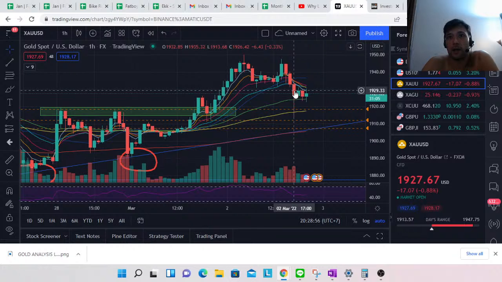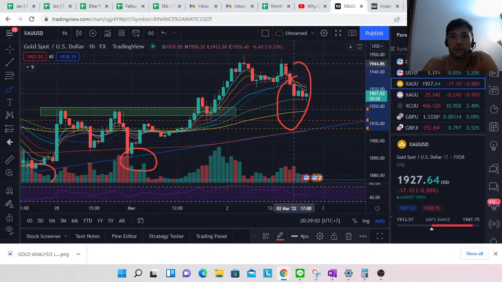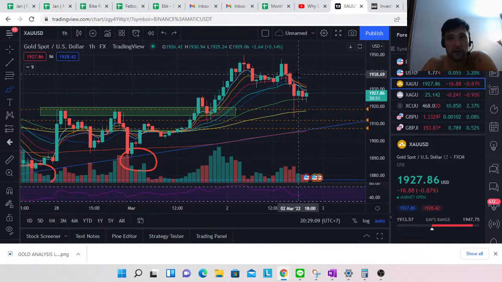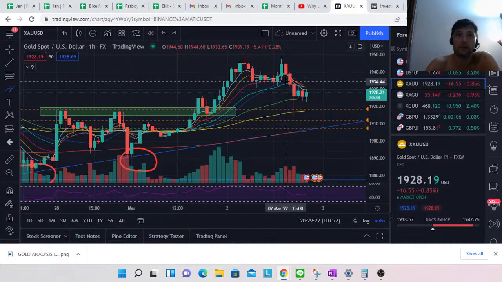One thing this particular candle really shows us is that if you're not ready to take some losses during a market this volatile, with everything going on with Russia, I would highly recommend staying away from the gold market right now. It's a tough market to trade. That's just the reality.